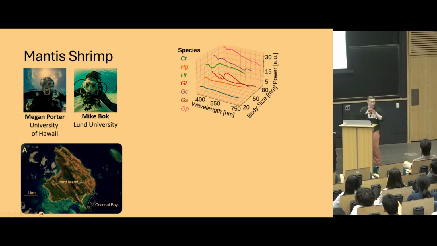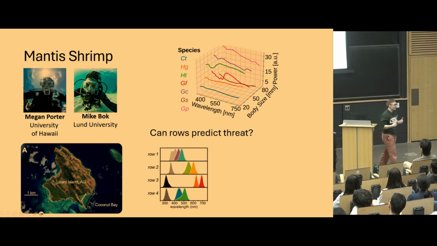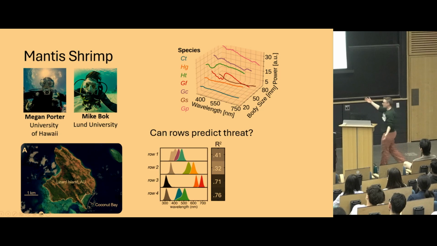So again, we can do all kinds of fancy stuff with this. Just the very most basic thing you can do. We just want to ask if these rows can predict the threat, and we're just going to start out with linear regression. Okay? We're doing more exciting things, but let's just start with this. And sure enough, some of the rows can predict it. We want that to happen. And also, they don't all predict it equally. That's this task segregation that we're looking for.